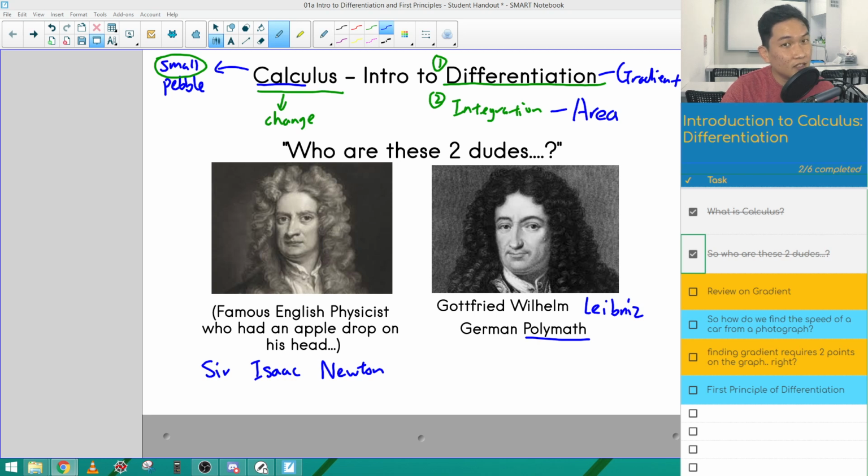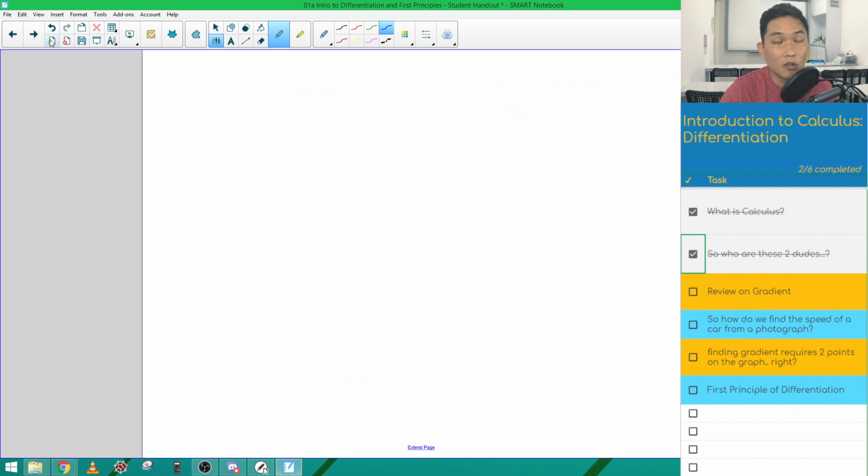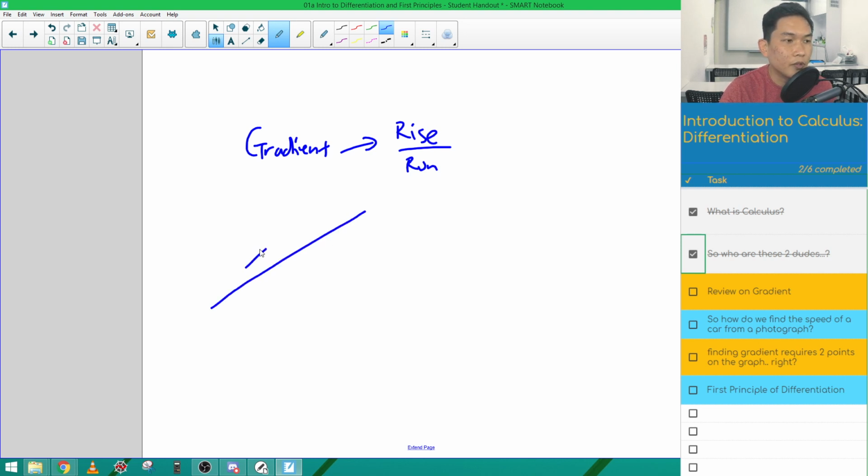But before that, since differentiation is all about gradient, I'm going to do a quick review on gradient. If you find any of these unfamiliar, I would strongly suggest that you go and revise on gradient. Gradient, as I would like to put it, is just rise over run. Because it reminds us that very fundamentally, if I have a slope that goes like this, if I'm going upwards, and I want to know how steep this slope is,